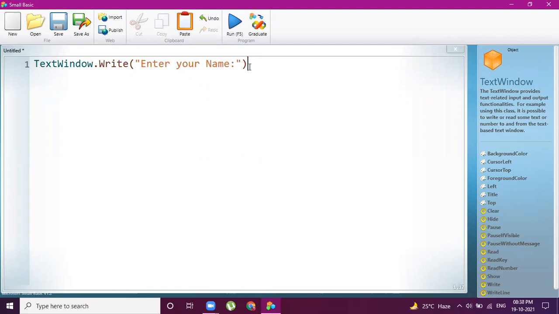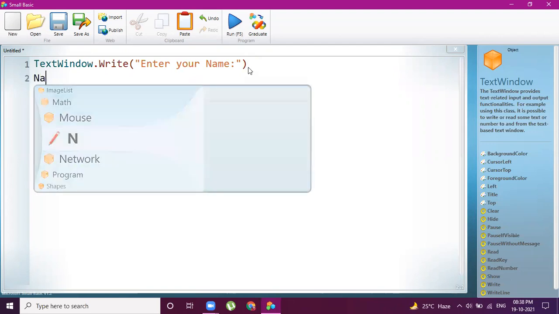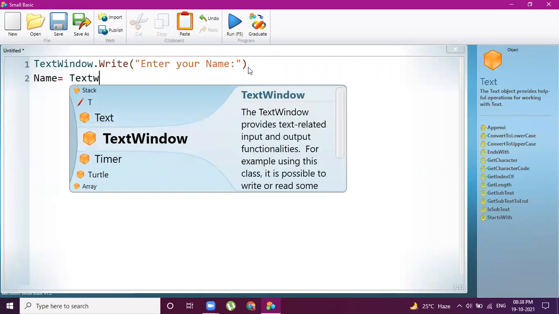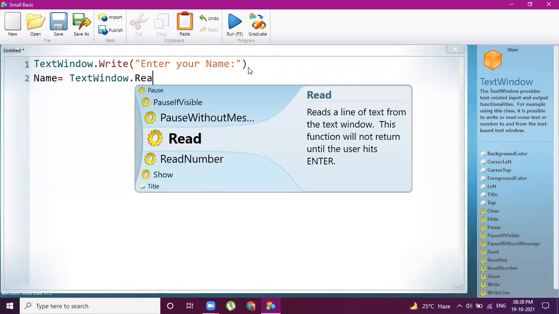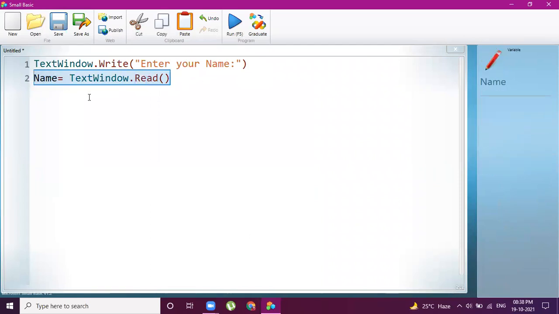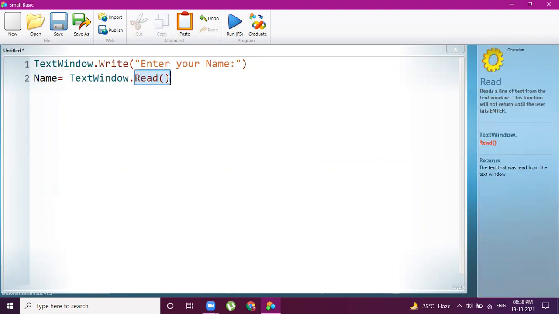So here we need to type another code: name = TextWindow.Read(). Using this code, we are able to type our name.